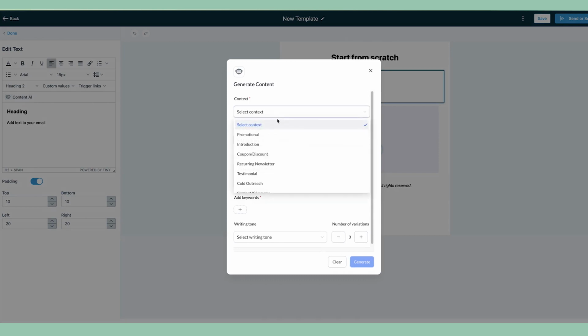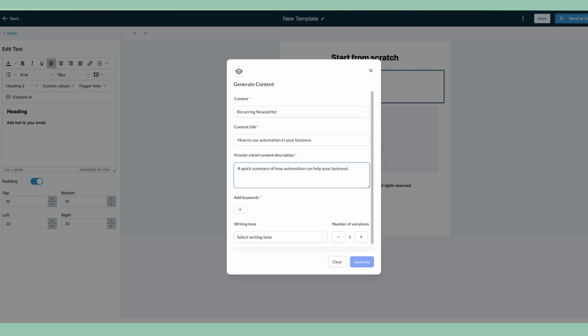Okay, so let's say for the context that this is a recurring newsletter. I've just hit a lot of brain fog. I've been writing these for a while, and for some reason I am blanking. So this week I would really like to talk about how to use automation in your business. And let's see, for the description, we're going to just say a quick summary of how automation can help your business